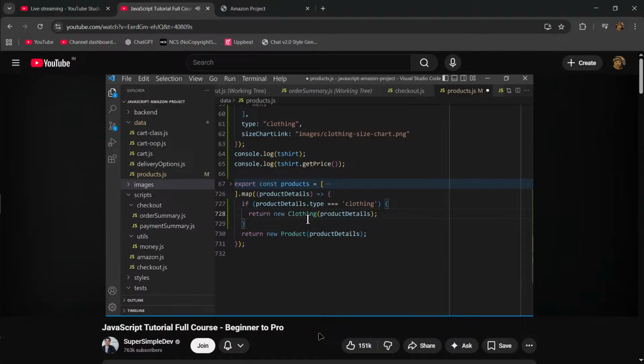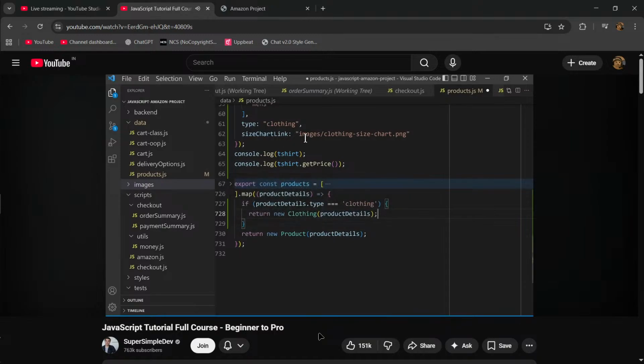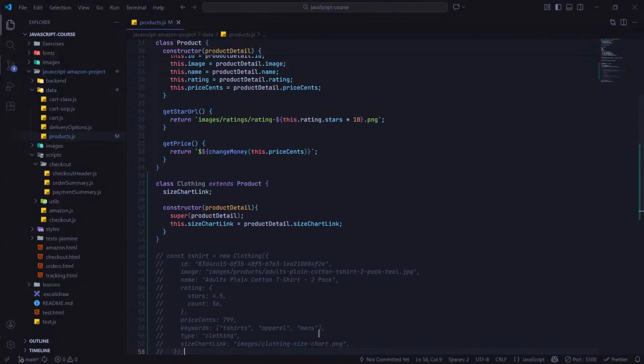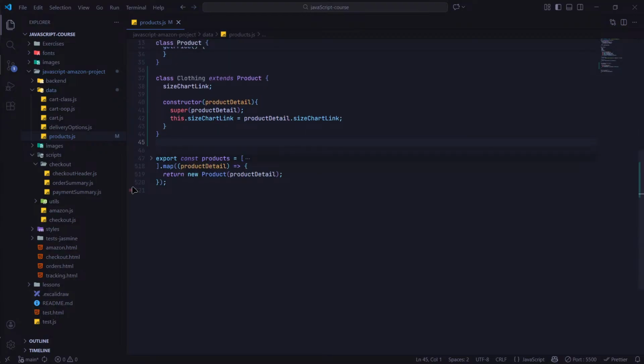Next, for each of our clothing, we're going to display the size chart link on the page. But first, let's make sure that we have this image here, the clothing size chart. So if we go into our images folder, you might see the image here called clothing size chart.png, but currently I don't have this, so I need to download this first. To do that, we're going to click this link. Okay, let's do this also. इसको हटा देता हूँ क्योंकि अब यूज़ नहीं है इसका आई गेस. बेसिकली हमें यहाँ पे चेक करना है कि अगर हमारा जो प्रोडक्ट है ना,